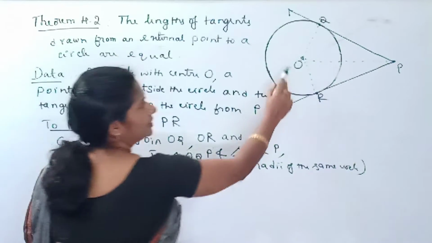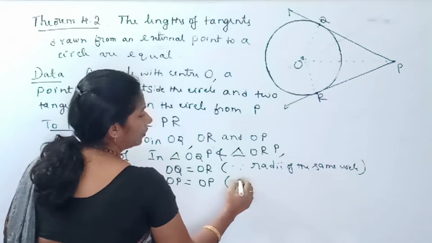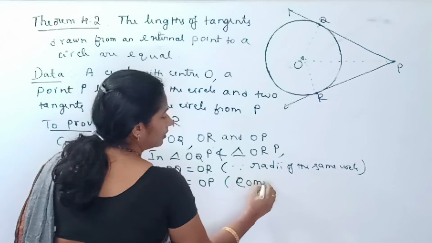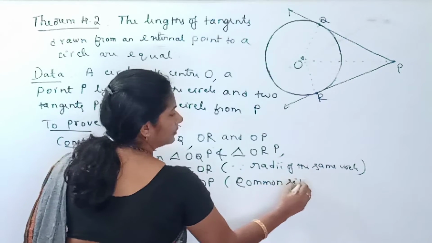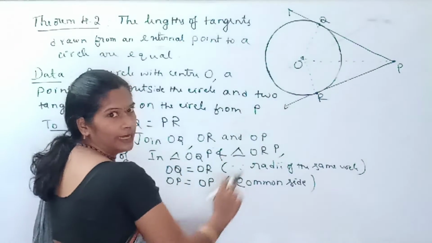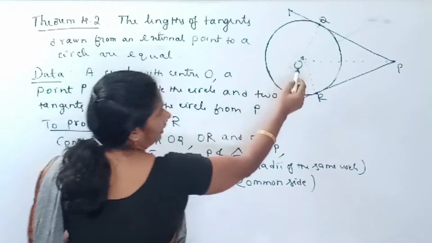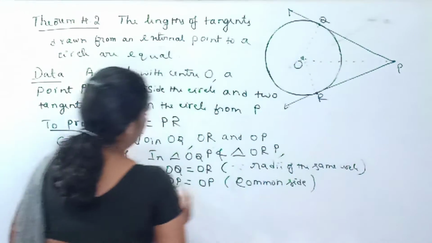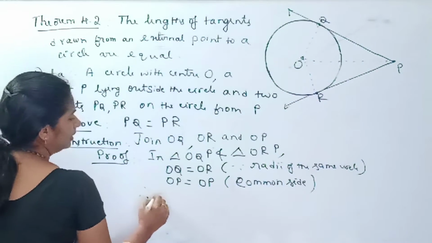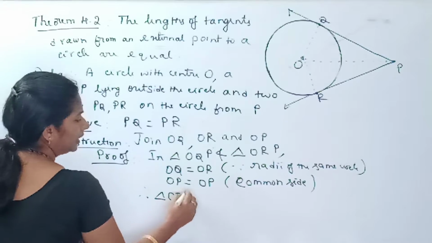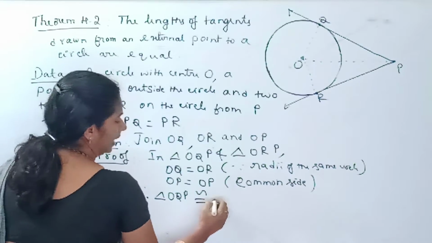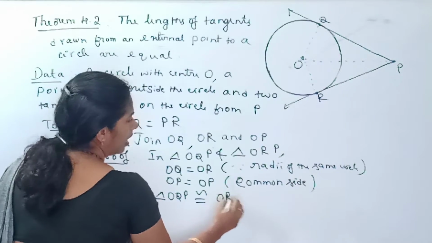It is a common side for both the triangles. Now directly you can write: therefore triangle OQP is congruent to triangle ORP,